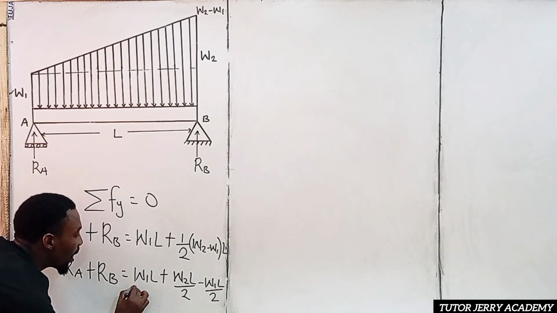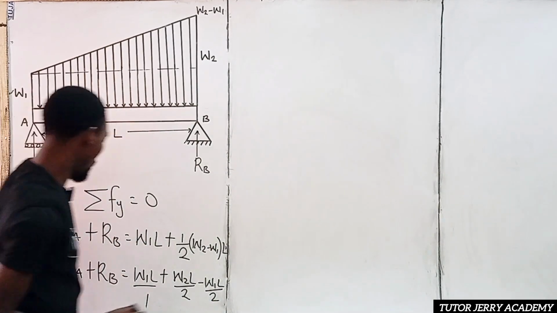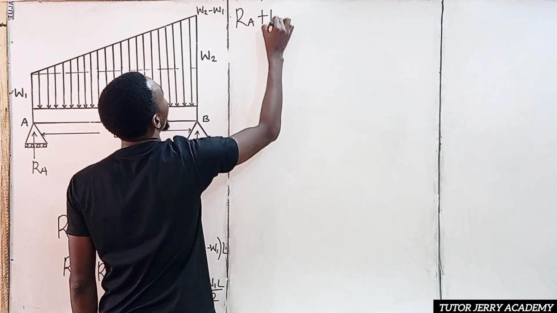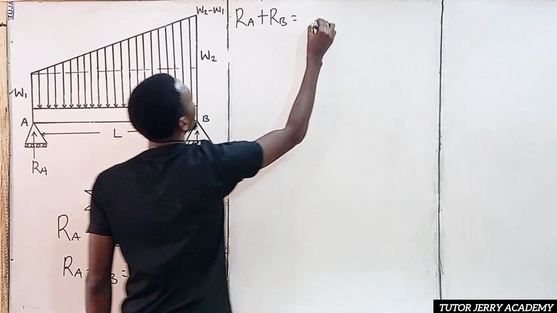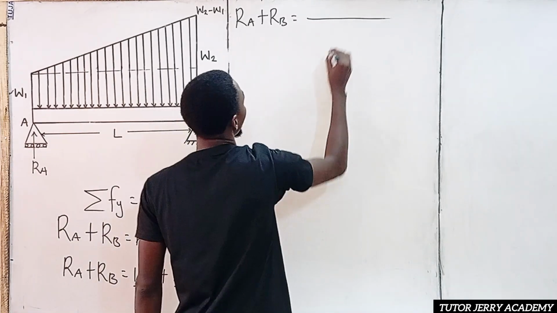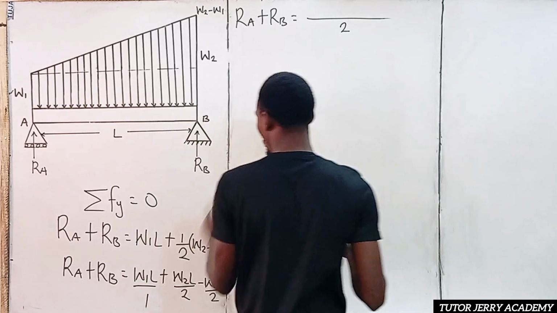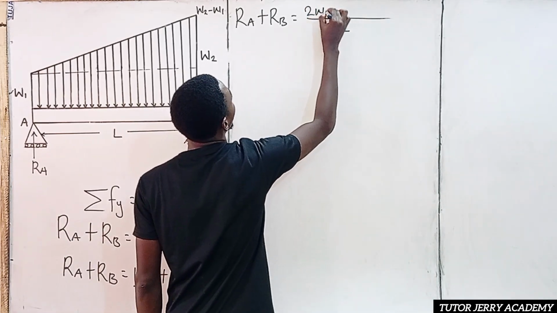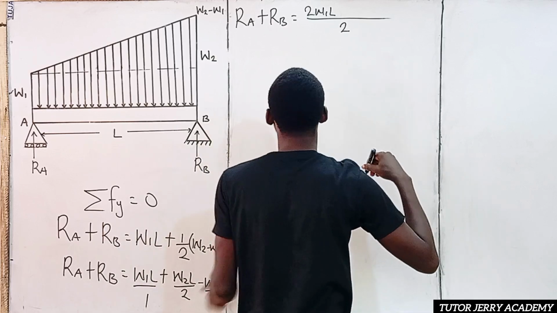Here we can write the first term over 1. So R subscript A plus R subscript B equals, the LCM of 2 and 1 is 2. So we have 2 here. 1 in 2 is 2, 2 multiplied by W1L is 2W1L. All right. So 2 in 2 is 1,